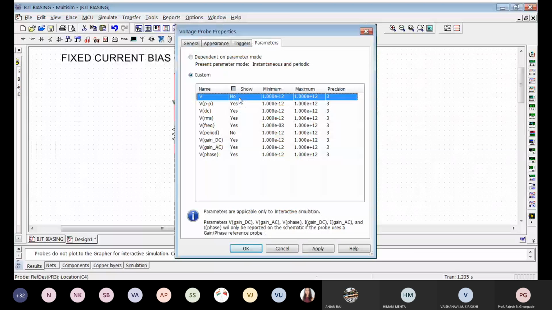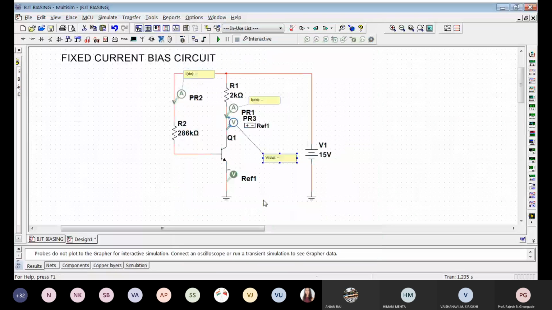No other voltage is required over here, so you can set all of these to no. Once we have done this, we are ready to simulate the circuit, that is your fixed current bias circuit. Now the analysis that you're going to use is only the interactive. You can use transient also, but not really required at this point of time. So this is interactive. If I click on run, you'll see the voltages over here. What is the Q point now?